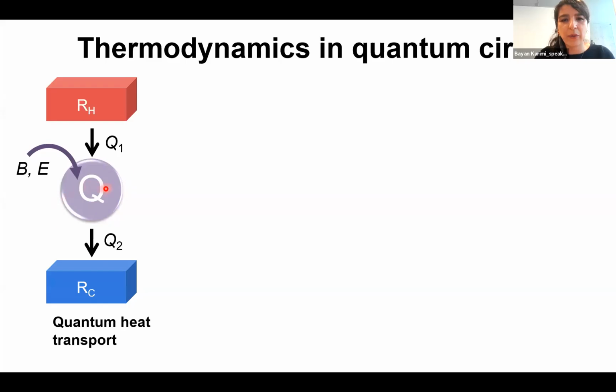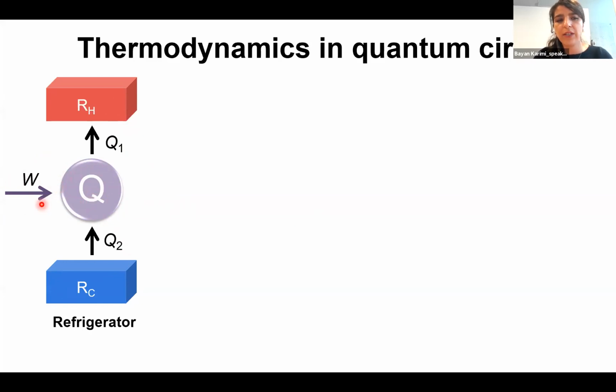It's sandwiched between the two baths. We have the quantum system here, and the way that we can apply a magnetic or electrical field to the quantum system, we can convey and transport heat from the hot bath to the cold bath. This is the way that the heat can be transported, or by applying work to the quantum system, like applying a gate voltage,